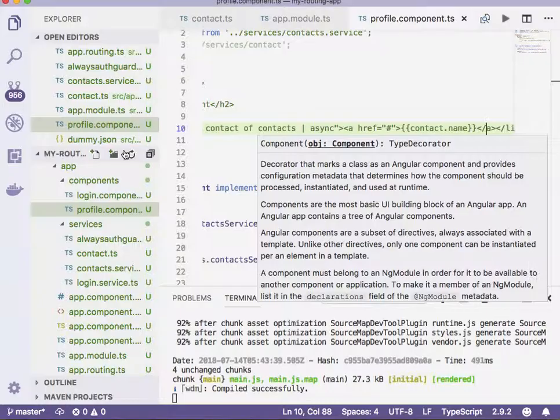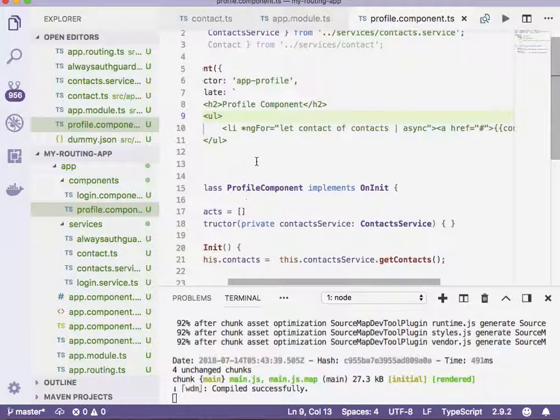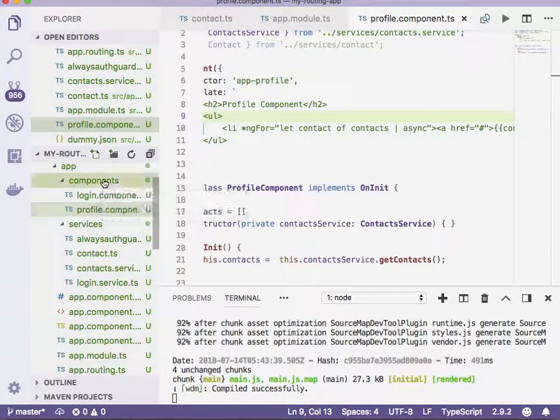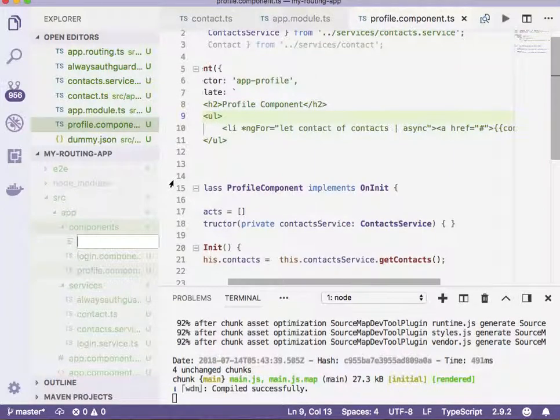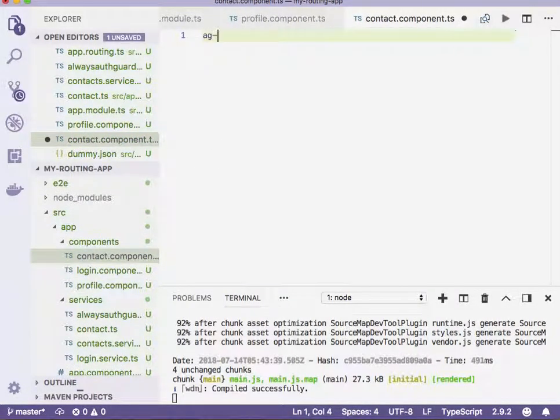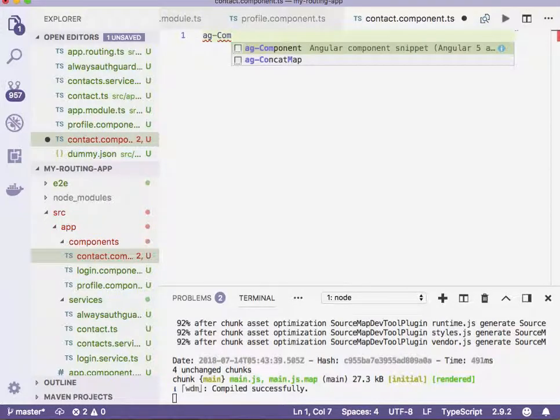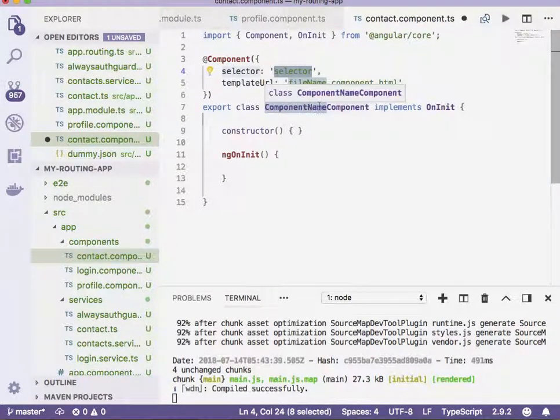but then I just wanted to go to the contact details component page, which can display this particular component in detail. Right, so let's go to the next part of this, and I'm just going to create a new component. So we'll start creating the contact details component. Maybe we'll just call it contact.component.ts, and I'll generate the component using ng generate component, and make the name contact,